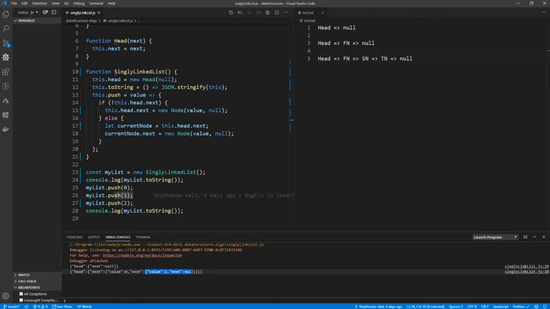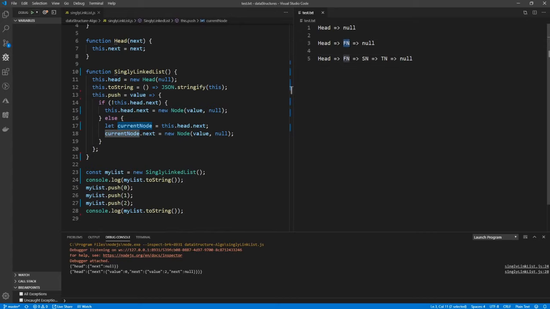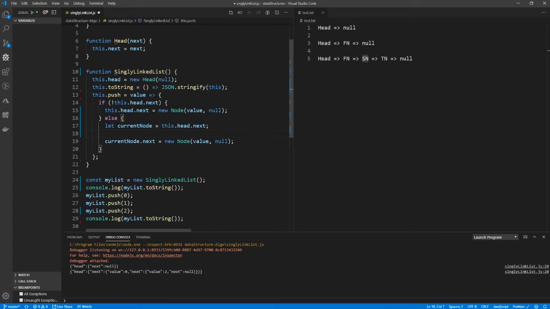So we need to add something more to our solution, because the problem over here is that our current node is always this.head.next, so it's always the first node. What we need to do is change our first node to the second node now, because that's what we want. In order to do that, obviously we would need to iterate, because we cannot put this.head.next and then this.head.next.next.next. Okay, this would be bad code. So let's try to iterate over it, and that should do our job. Basically, we always want our current node to be the last node that was added, which is pointing to null. Okay,